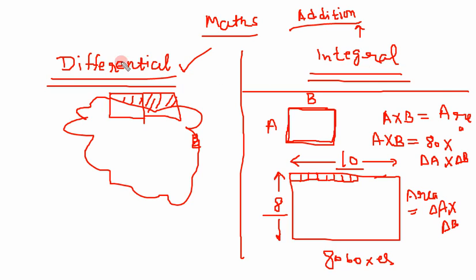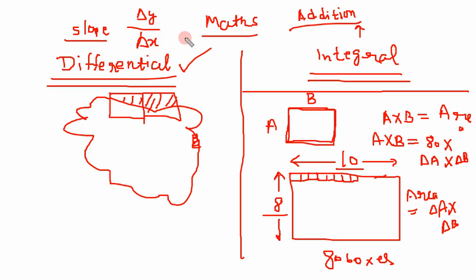So we have already seen that differential is slope and integration is integral, or integration is addition. But what is the difference between this addition and integral addition? So what was the difference? When we normally take slope, we use this delta term, delta y upon delta x. That means we can measure the distance between 2 points on the y axis and we can also measure the distance between 2 points on the x axis.